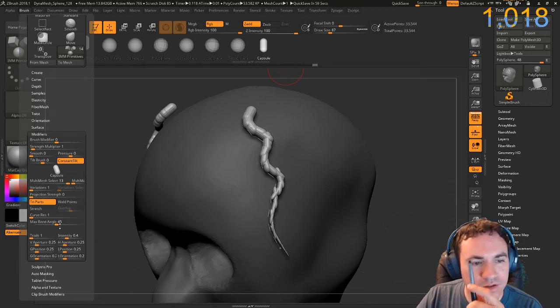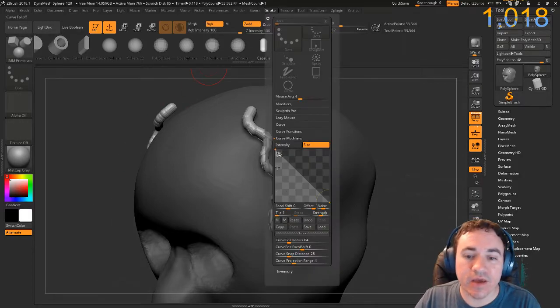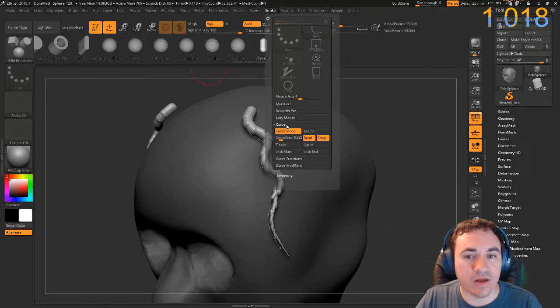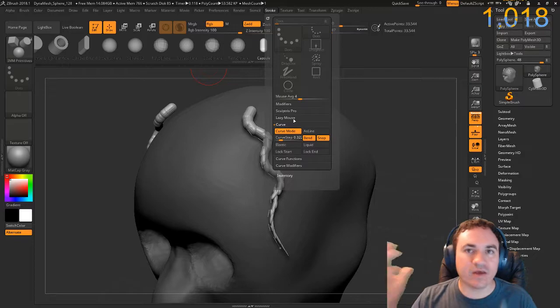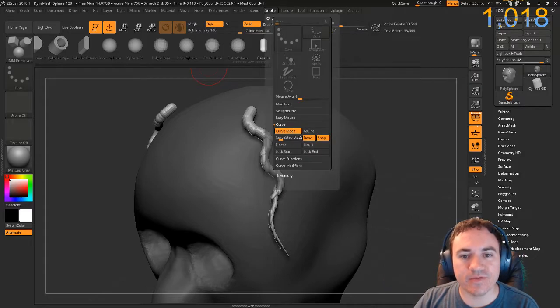Wait, this might have been in stroke. Let's go back to stroke, and then, okay, let's go to curve. Oh no, what am I doing? I'm not thinking. I'm trying to think of all the steps, but okay, sorry, it's in stroke, and then